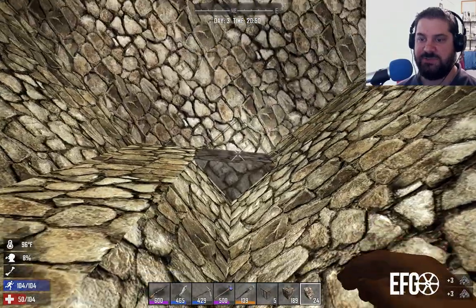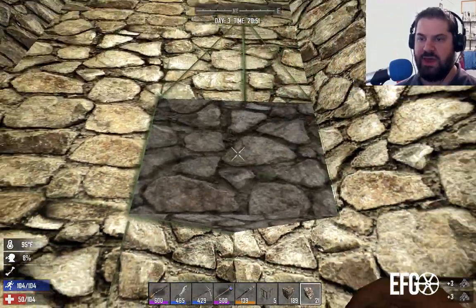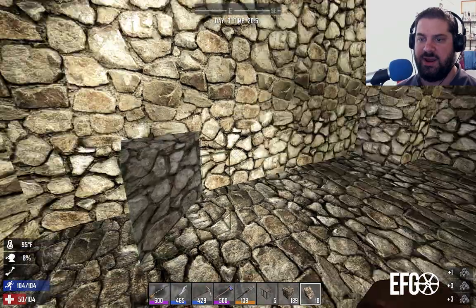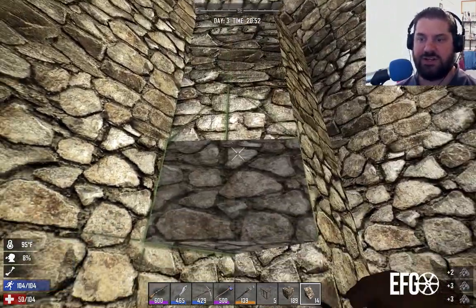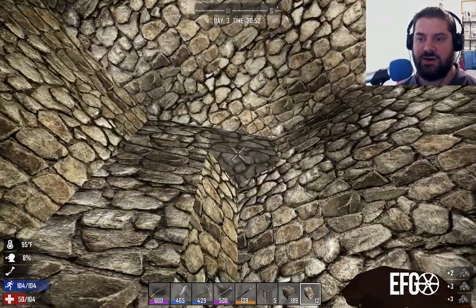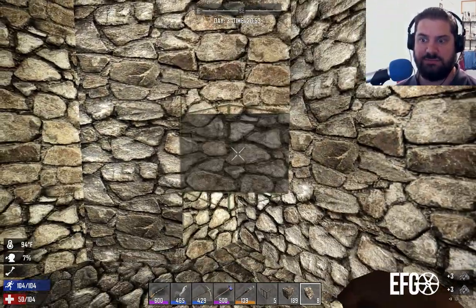I bet you I could take those supports out now that are holding up those walls down below, and it wouldn't even bat an eye. Am I going to? That's another question entirely, because I don't want to cause massive structural collapse in the castle. So,